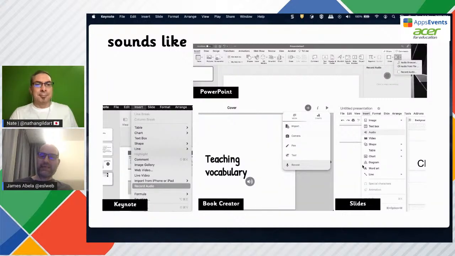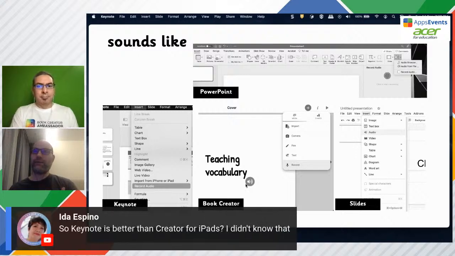But I would say, yes, you can do most of these things in Slides, but it's more difficult and it's not quite as good. Between PowerPoint and Keynote, I would say it's your preference. They're different names, you know, Magic Move is called Morph in PowerPoint. The icon's a little bit different, but that's about it. Book Creator is a completely different app, but I would say Keynote is better than Book Creator for iPads, and I'm going to show you why, okay? Because Book Creator creates books.